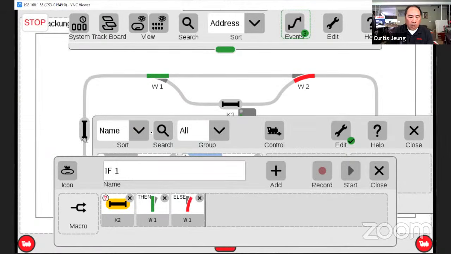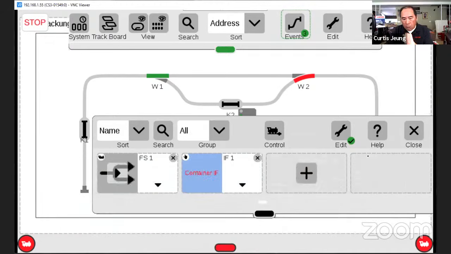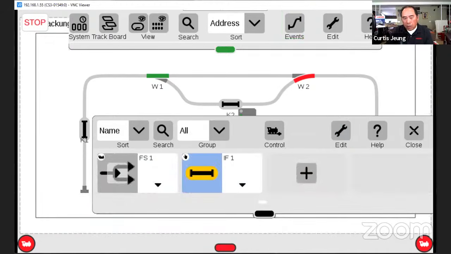Okay, so you see now how it works is that when K1 gets triggered, it's going to look at K2. If it's occupied, then it will go make sure W1 is straight. And if it is unoccupied, then it'll go ahead and curve to the right. So yes, that's basically the gist of it. And while I'm not going to explain it here, this is definitely how you can use this macro